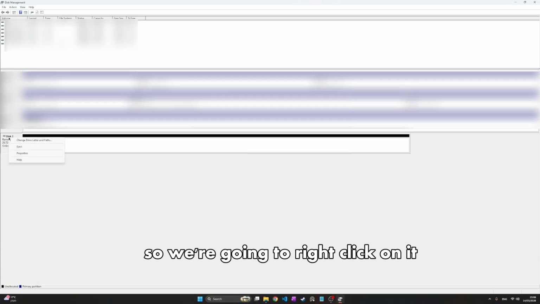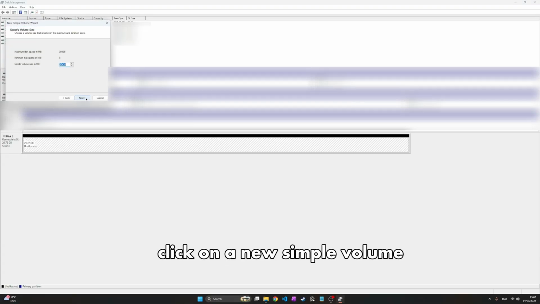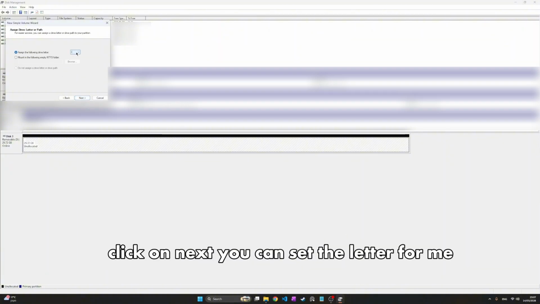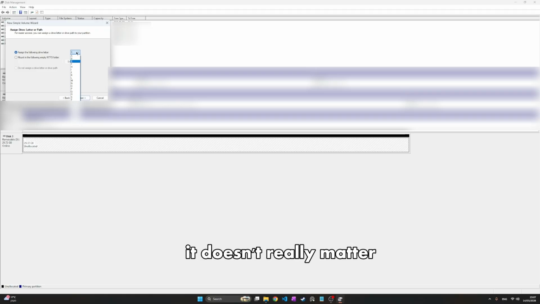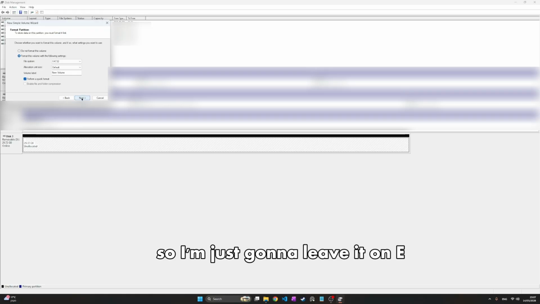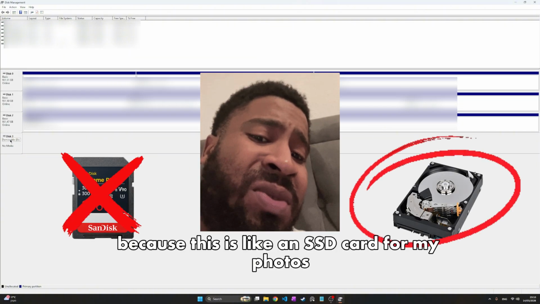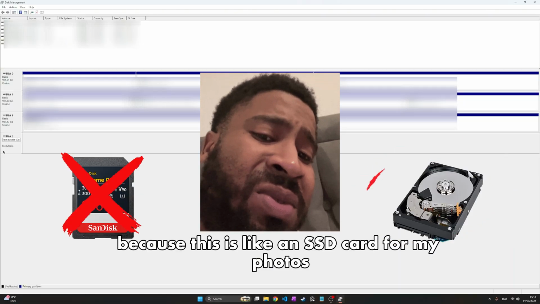So we're going to right click on it, and choose new simple volume. Click on next. Make sure that you use the whole volume that you have. Click on next. You can set the letter. For me it doesn't really matter, so I'm just going to leave it on E. Next, and finish. For me, it doesn't really work because this is like an SSD card for photos, so